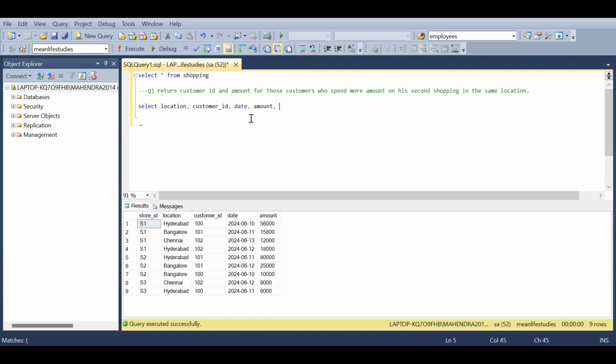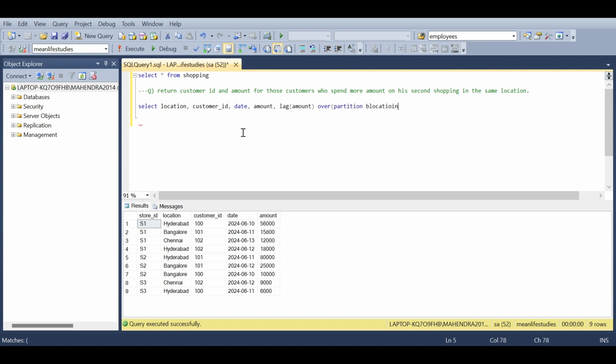So we will be using a window function, that is LAG, where we will be checking the previous day shopping amount. That is, we will be finding for each location and the customer in ascending order of date, so that we can easily find out the previous day shopping in each location and the customer. Now we will use LAG of amount over, I'm going to partition by each location,